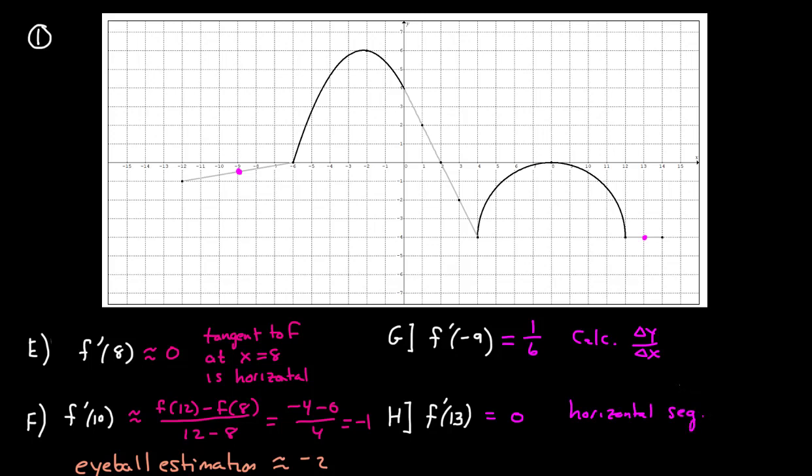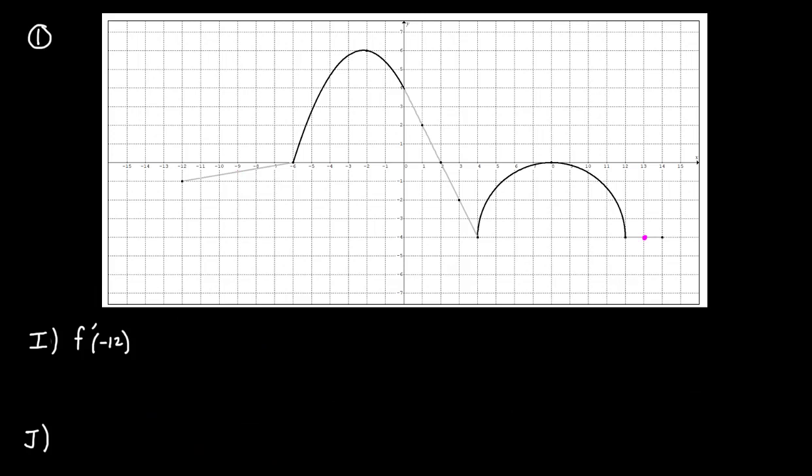Next, we have I, which wants us to tell us what the slope is at this endpoint. Now, endpoints, this is new to you. At an endpoint, it doesn't have a side to the left, it only has a side to the right. And so what we say here is the answer is equal to 1/6. It's going to be the same slope as it was to the right. This is an important thing to write here, that endpoints are differentiable